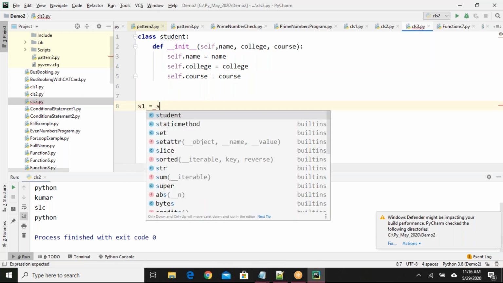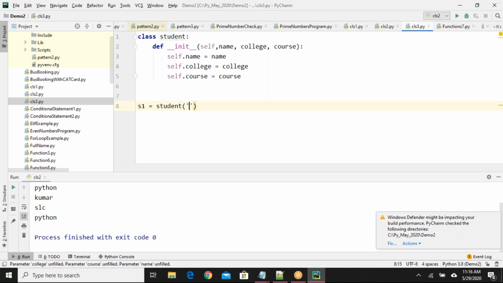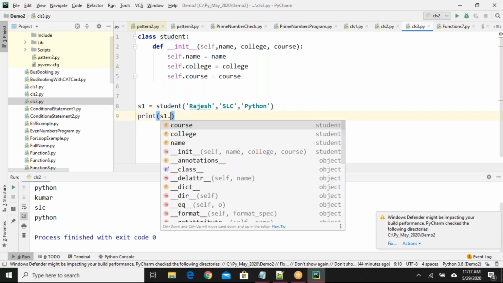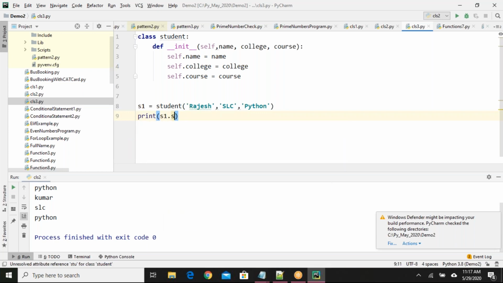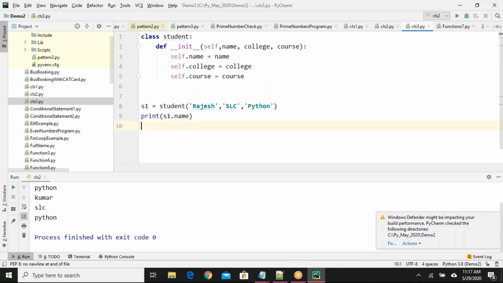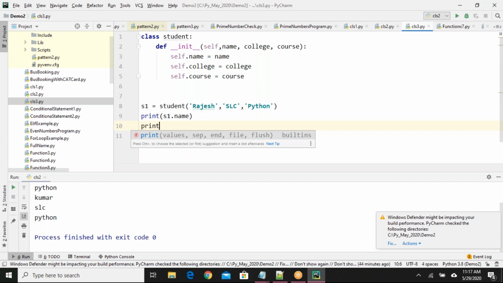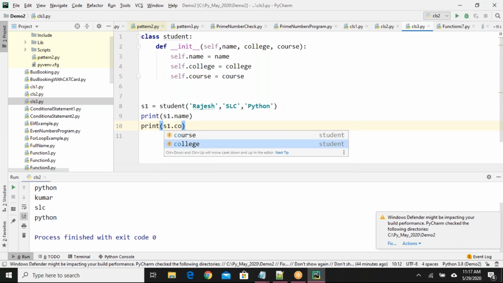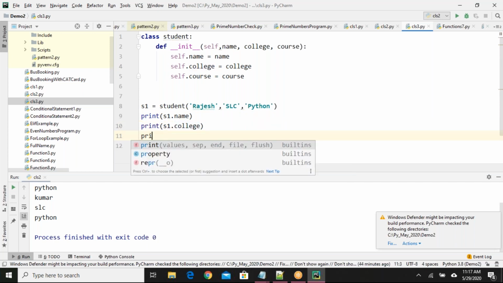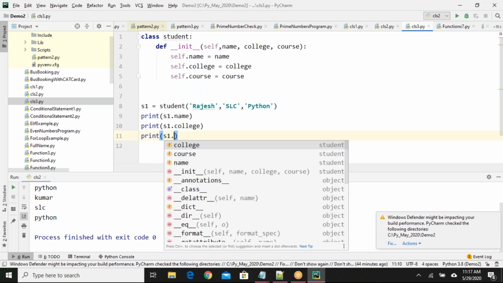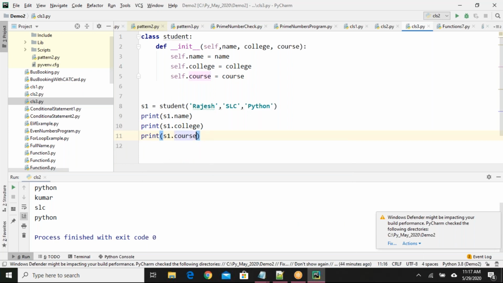S1 equals student of Rajesh, SLC, Python. Now if I print s1 dot name, print s1 dot college, print s1 dot course, what happens now?